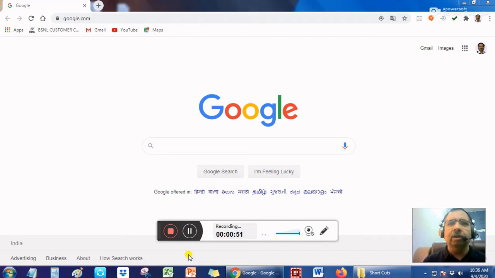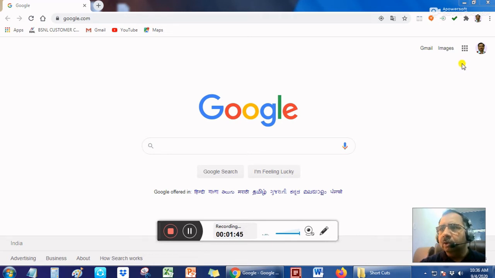Today we shall learn how to start a Google Meeting. There are two ways to start a Google Meeting. One is from a mobile phone and the second is from a computer or a laptop by using a browser. If you wish to start a Google Meet by using a computer, then you must use the Google Chrome browser, because there are certain features which are available in Google Chrome only, which you will not find in other browsers like Internet Explorer or Mozilla Firefox.